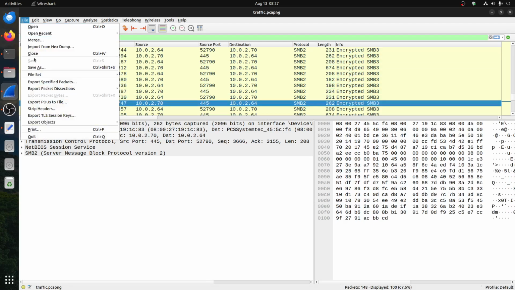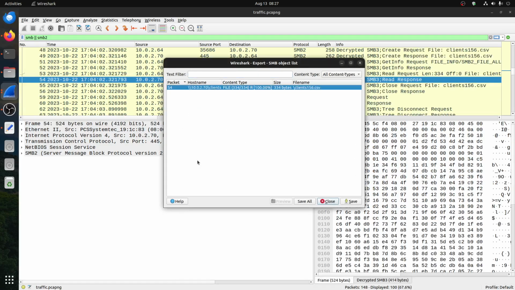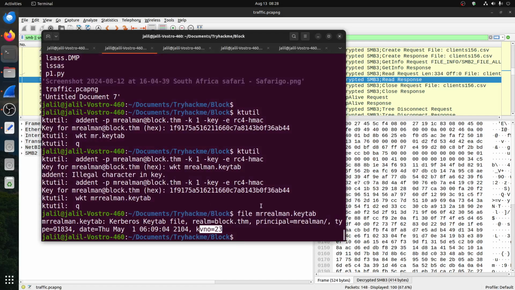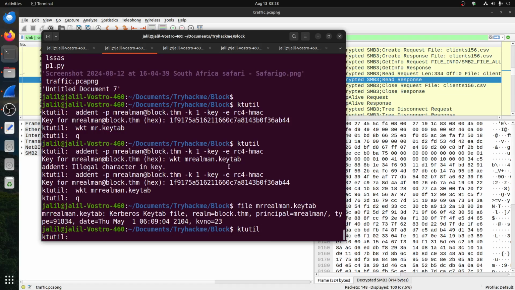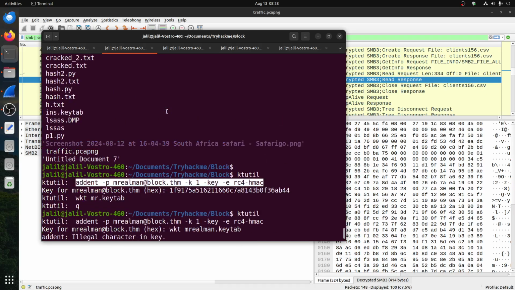That's why if I go now to export objects SMB, we can find the first one. So you can find the first user. You can do the same things we did now with the second user. Let's try it. I did it already, but let's do it again. So no, not this Mr. Realman. The second user is